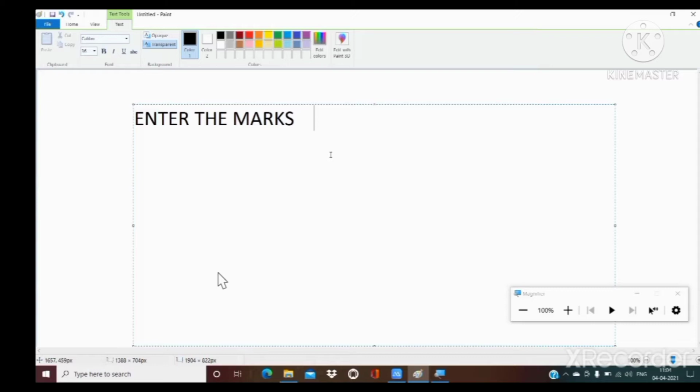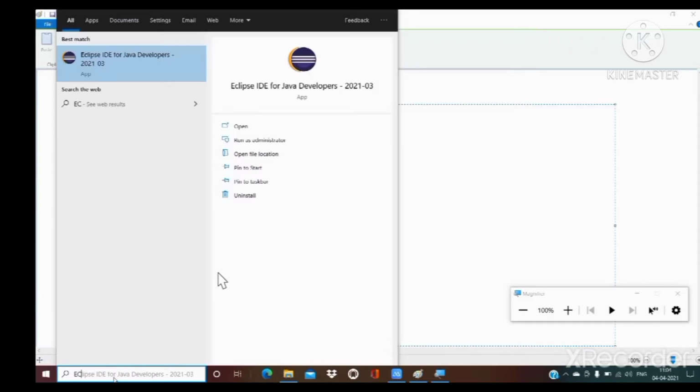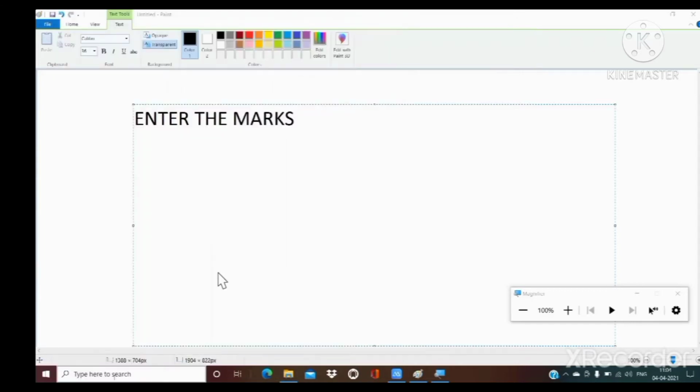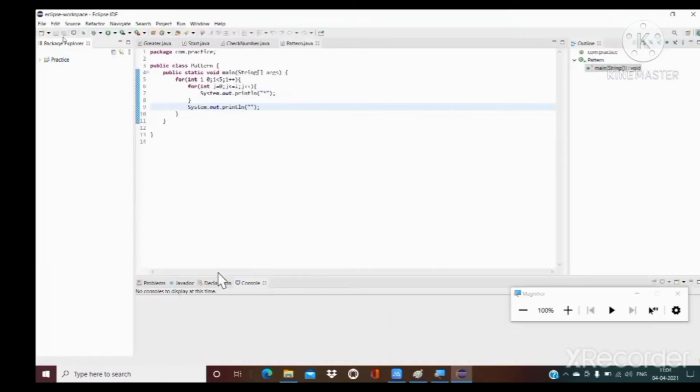So we are going directly to Eclipse to write the code, compile it, and run it. We are going to practice in src, com.practice.